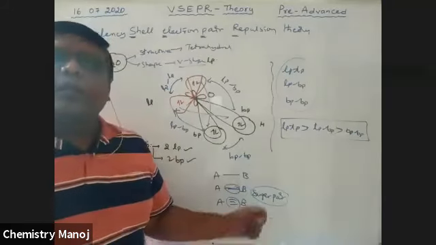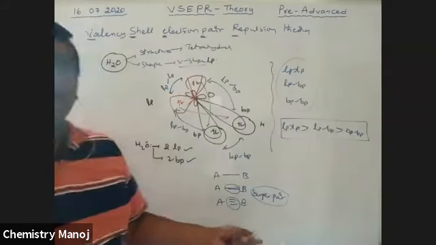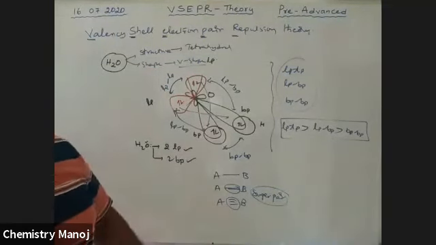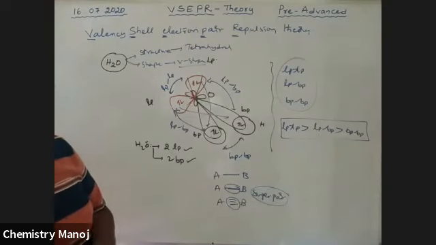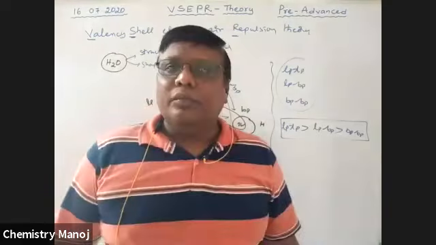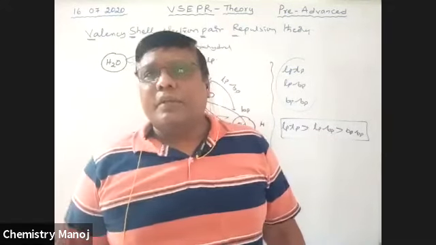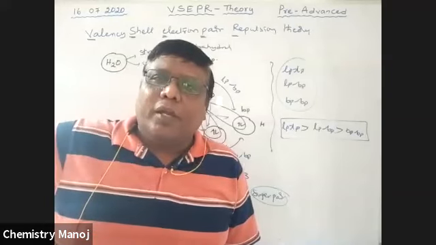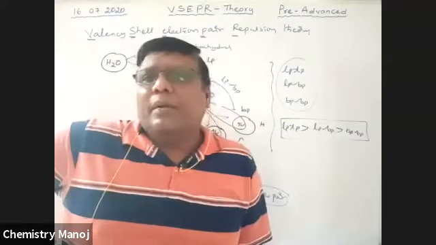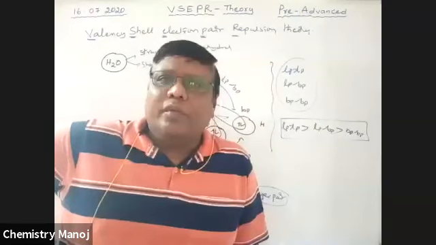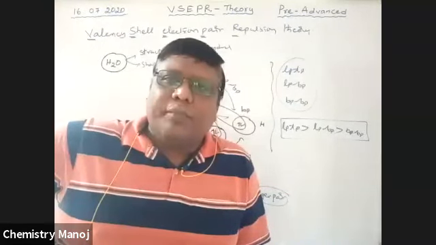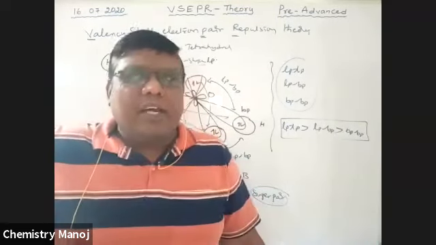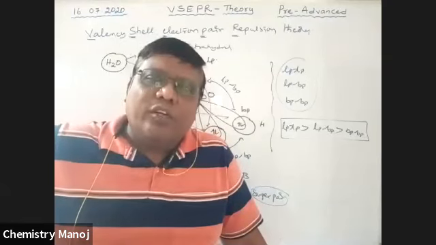These super pairs give more repulsions. This is another postulate in our VSEPR theory concept. So finally, according to VSEPR theory, the molecule has different shapes because of repulsions. What types of repulsions are possible? Lone pair repulsions, lone pair bond pair repulsions, and bond pair repulsions are possible. These repulsions deviate the actual shape from the expected structure to the final one. All these are according to your VSEPR theory.